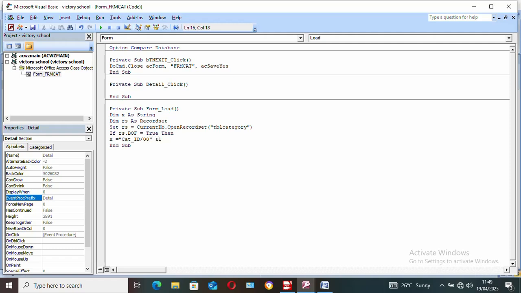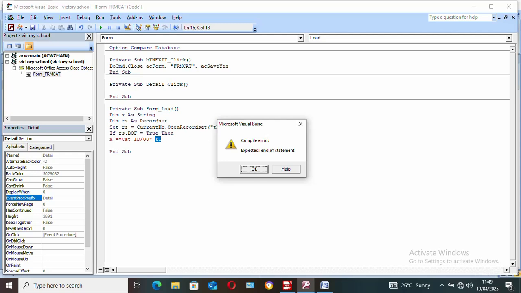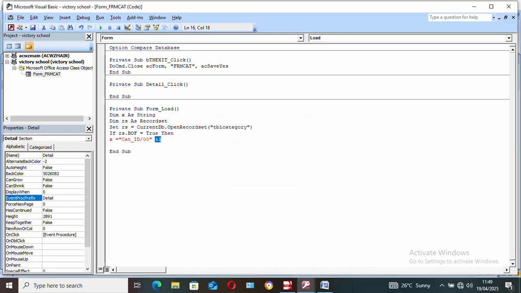Sorry for that one. There should be a space in between these two. So if our table does not have any record, then x is going to hold this number, which will be the number that you'll be using as the primary key for that table, so for record number 1. Else, if the table has something, then you are going to change it, if else, then X will hold what? It will hold this,